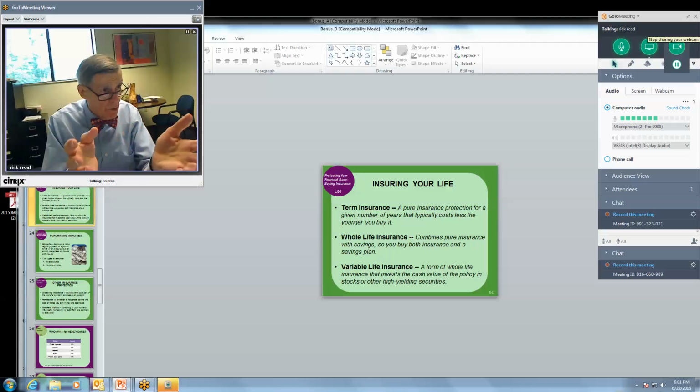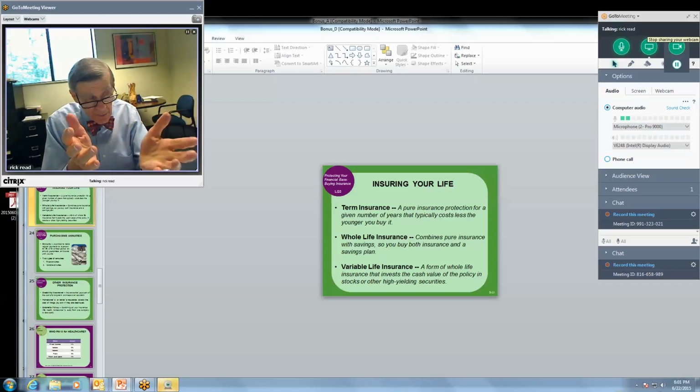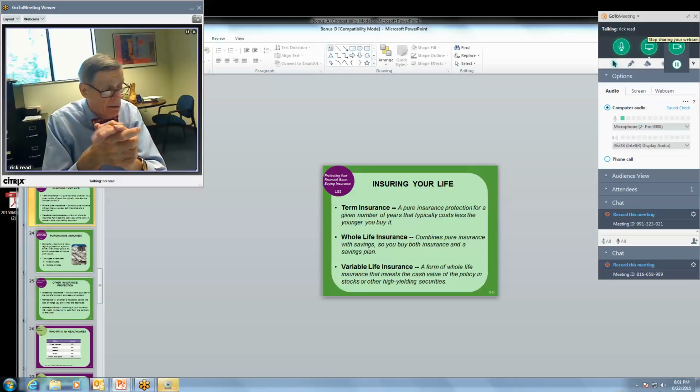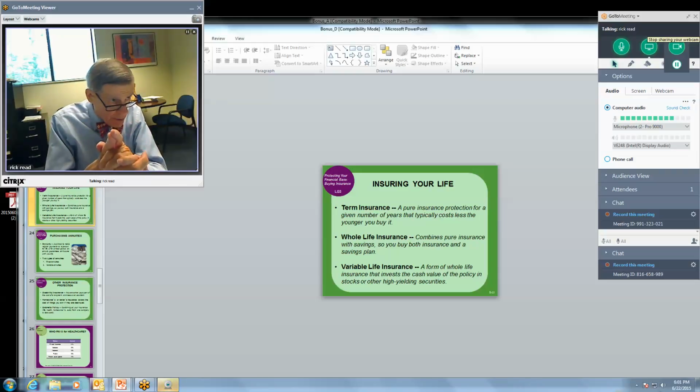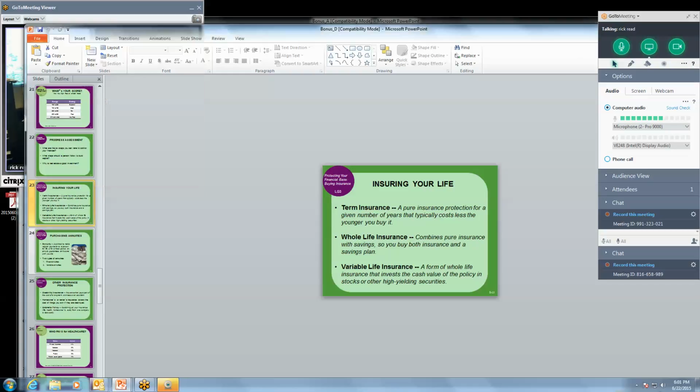Whole life insurance does have savings built into it. You may want to look at that, and you may not. And in variable life insurance, what I would caution you about before you get into that, make sure you understand what it is. Make sure you understand the risk, if there is a risk, and what your payout's going to be, how long you have to hold it, and things of that nature. As you notice, they can be high yielding, but you always have some problems with that.